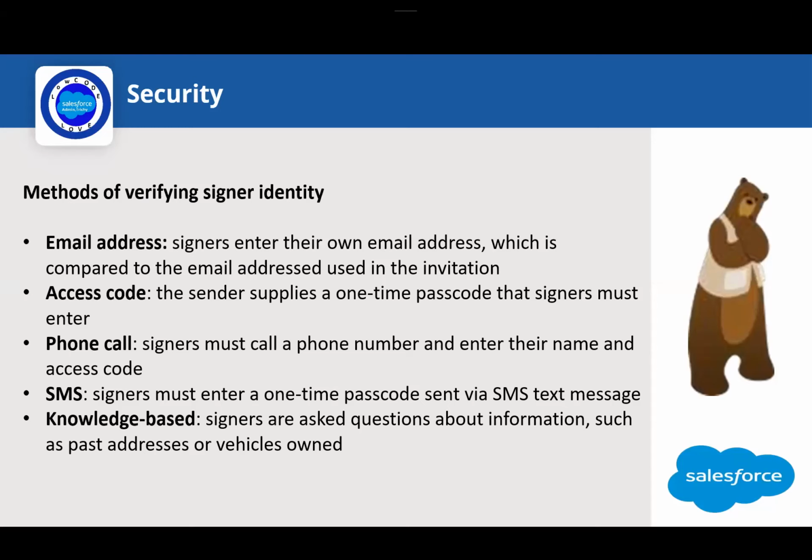When you try to open your document, it will ask you some security questions. While registering your account in DocuSign, there are some security questions that need to be registered in your account. So those questions will be verified while opening the document. So these are all the 5 default security features provided by DocuSign.